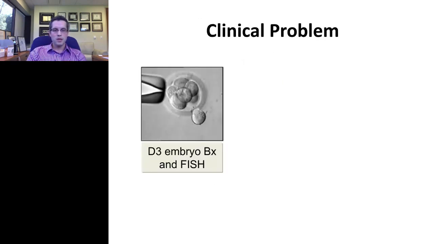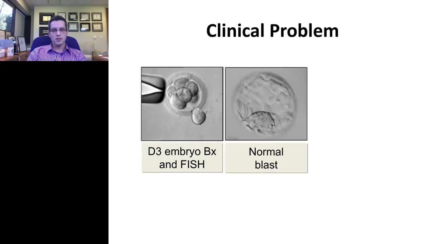So this really illustrated that FISH is an inconsistent methodology, and it actually leads to a clinical problem because many programs would perform a biopsy at the cleavage stage at day 3, perform FISH, but then obtain a blastocyst from that embryo, which looked very nice under the microscope and otherwise would have been considered for transfer. But because the day 3 FISH came back with an abnormal diagnosis, that embryo would normally be discarded. But if the FISH actually overdiagnosed aneuploidy, you would actually be discarding an embryo with potential for the ability to make a baby. So the question is whether you actually discard that embryo or rebiopsy and cryopreserve the embryo